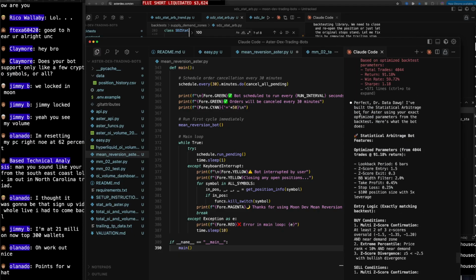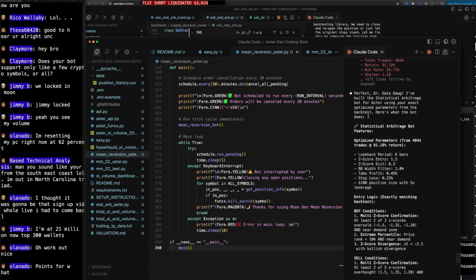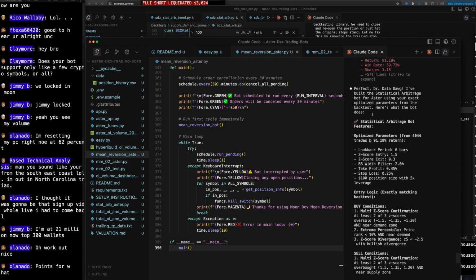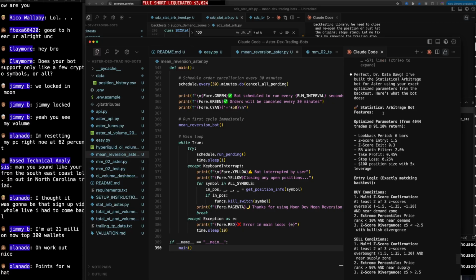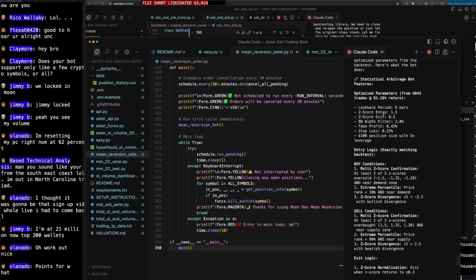Perfect, Dr. Dayadot. I've built the statistical arbitrage bot for Aster using your exact optimized params from the backtest. Here's what the bot does. Statistical arbitrage bot features optimized parameters from